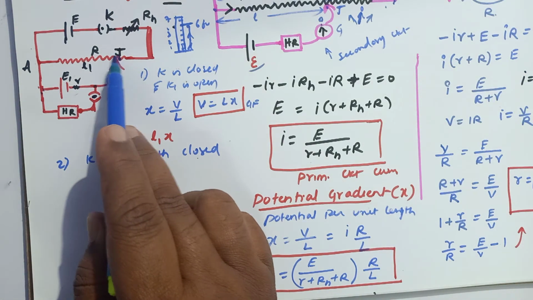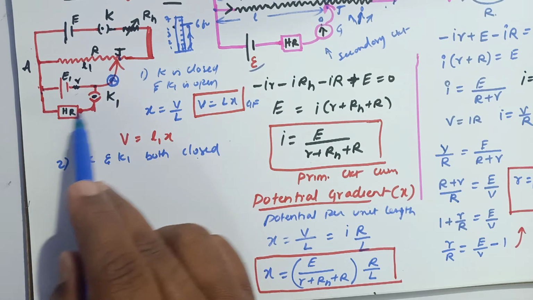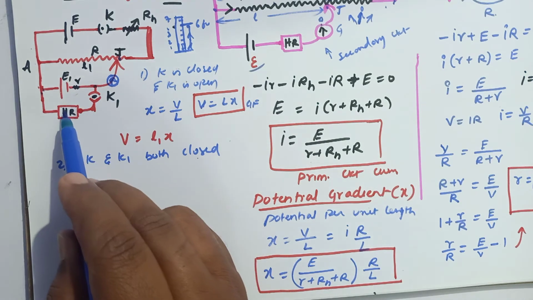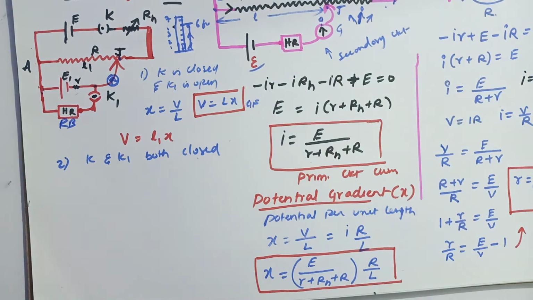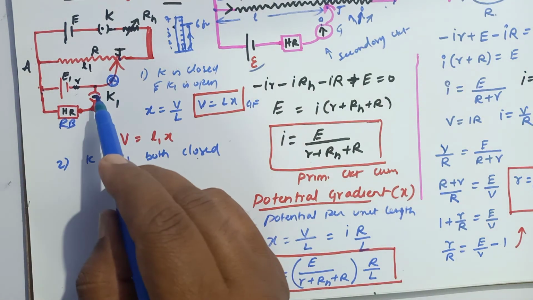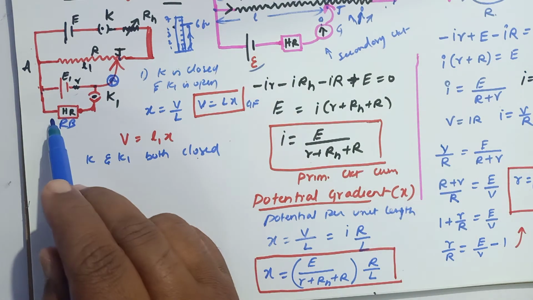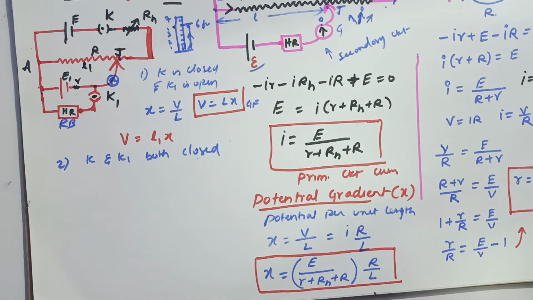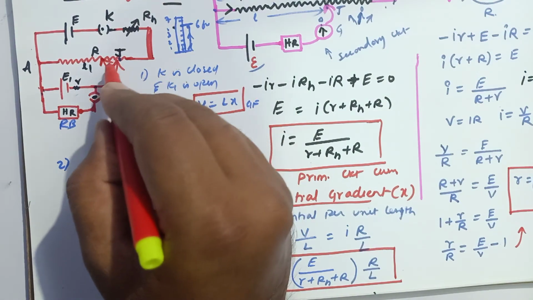Then after that you will check the balancing length. At this place balancing length will not show 0 because high resistance is present here. This is just like a variable resistance. Sometimes it is also called a resistance box. Now what are you going to do? You have to find out the balancing length. This time balancing length will not be L1, it will be other than L1, maybe greater, maybe lesser, whatever it may be. For example, now it is showing the balancing length at this place only.